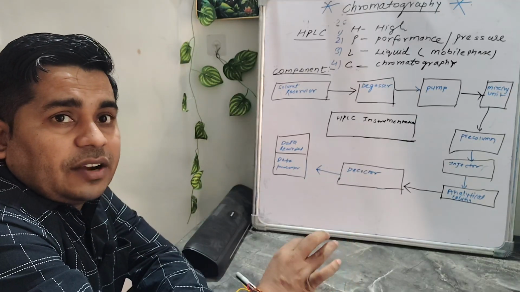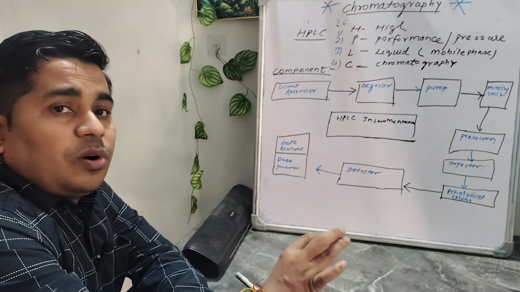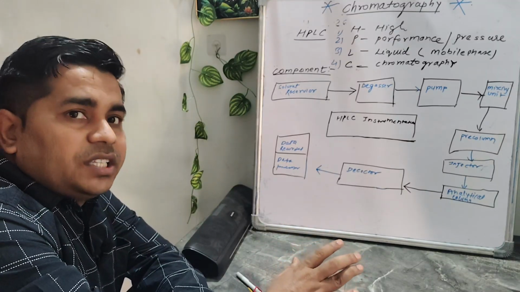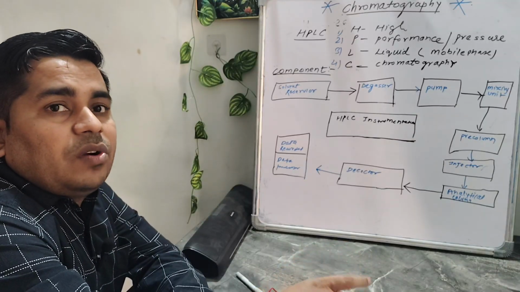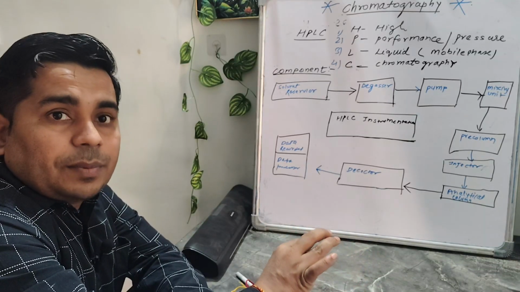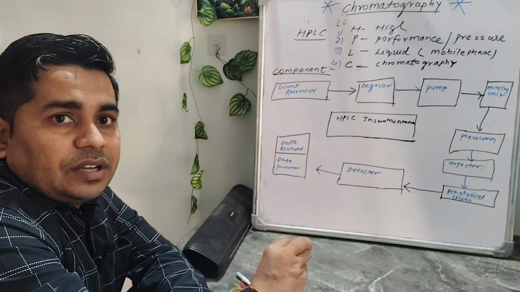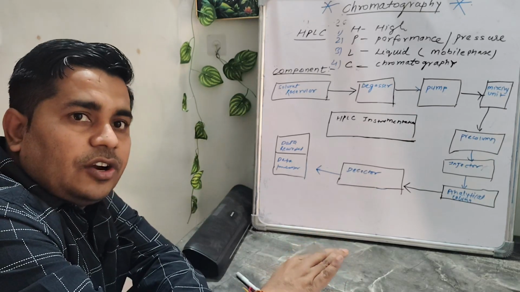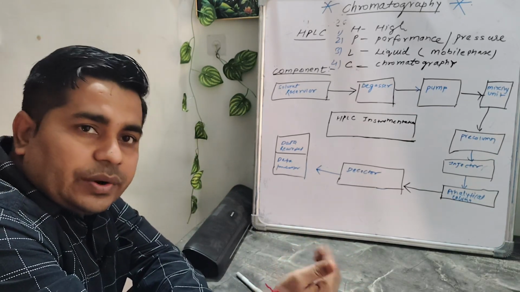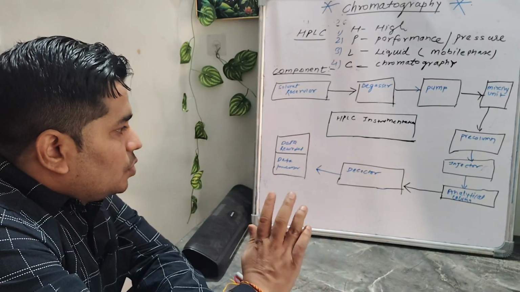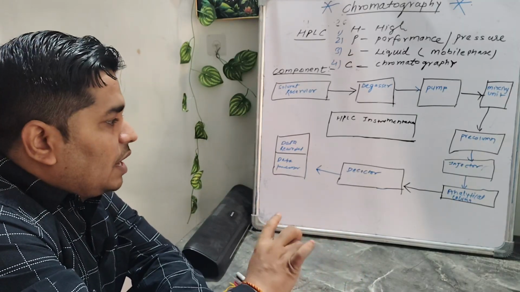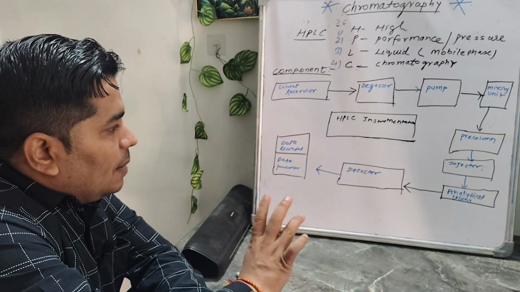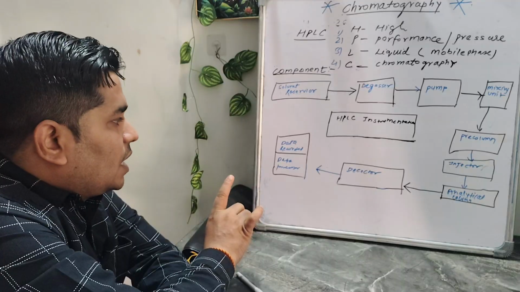The first one is the UV detector that works under the UV range, and double bonds, aromatic rings, and chromophore and auxochrome groups are capable of being detected with a UV detector. Then the PDA detector, photodiode array detector, refractive index detector, fluorescence detector, and many more detectors are incorporated in the pharmaceutical industry to produce different types of pharmaceutical and nutraceutical compounds. After detecting, one line goes to the waste line, and another goes to the data processor and data recorder.